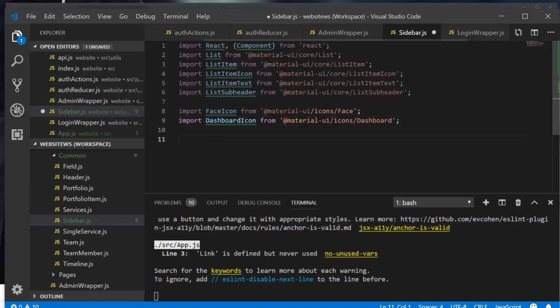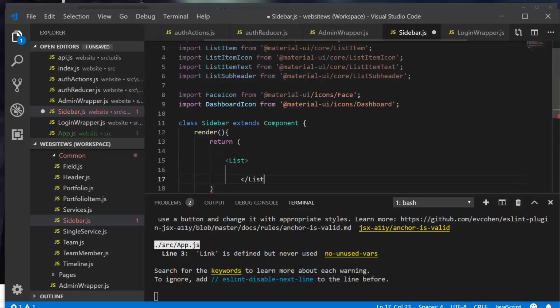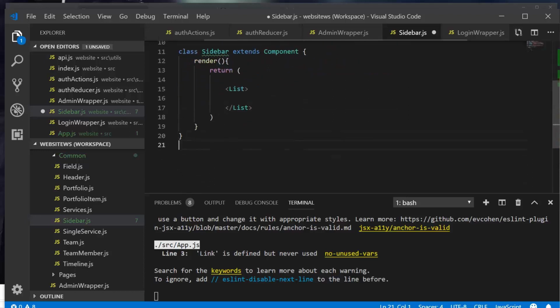And now we're going to create our sidebar class. So class sidebar extends component, and then in the render method, we're going to return a list, and we're going to start actually creating the list here in a moment, but first we're going to export default sidebar,